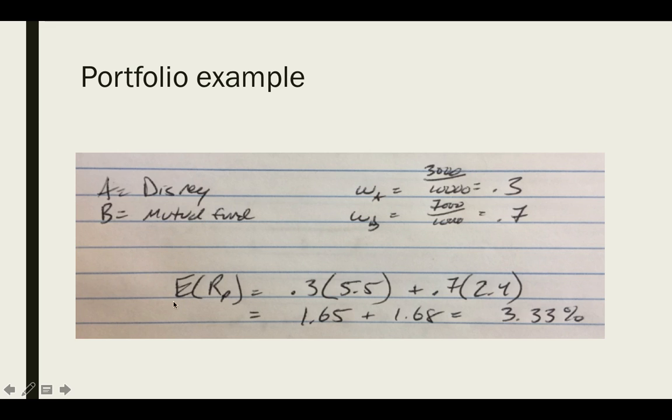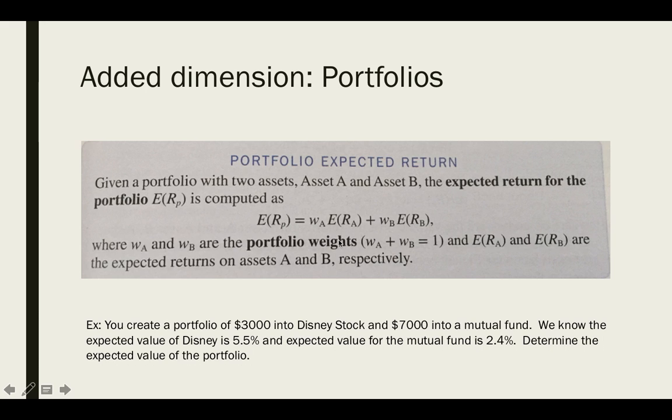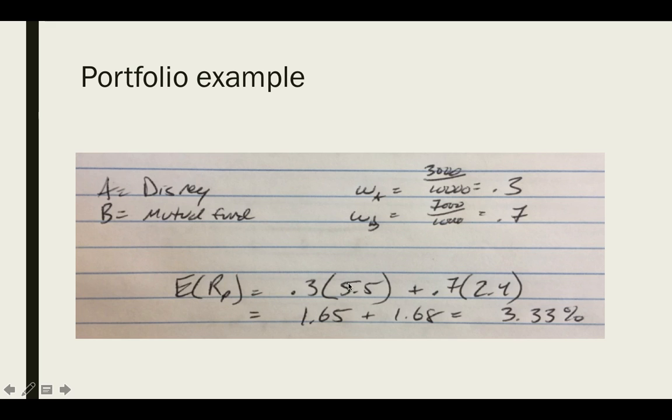The expected value for the return of our entire portfolio is then the weight times the expected value for the Disney stock. So 0.3 times 5.5, that was the expected value for Disney. And I'm going to add that to the expected returns for the mutual fund. And again, we're multiplying it times 0.7, a higher value than 0.3, because we're placing more weight on it because it has more of the money. So 0.7 times 2.4. These calculations add up to 1.65 plus 1.68